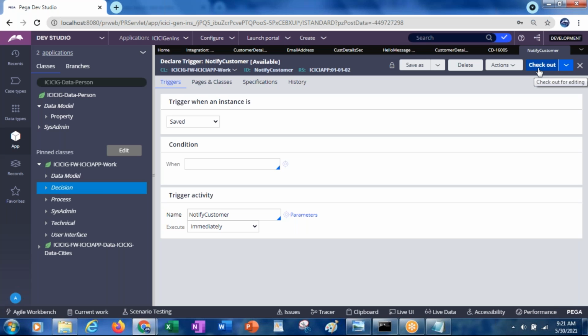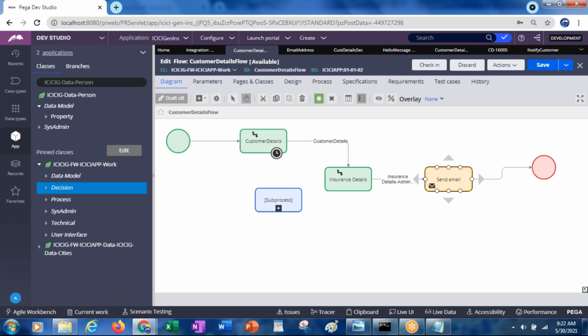the flow. Okay. So now from the flow we can delete this send email, and whenever it is created, it will send the email, that is one. And even if you want to send this email also you can send it, but 2 emails, why unnecessarily? So I wanted to delete it.